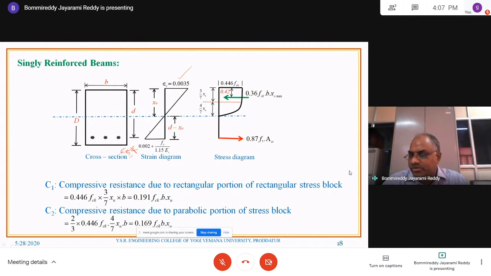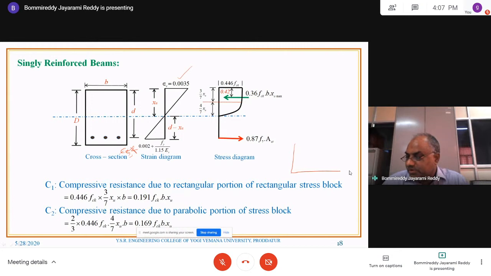So what you need to understand here: what is the strain at the top, what is the strain at the extreme bottom, what is the depth of the neutral axis, what is the remaining distance. Only these four parameters are important. Now this is called the stress diagram, or we can call it a stress block. So the stress block for concrete,